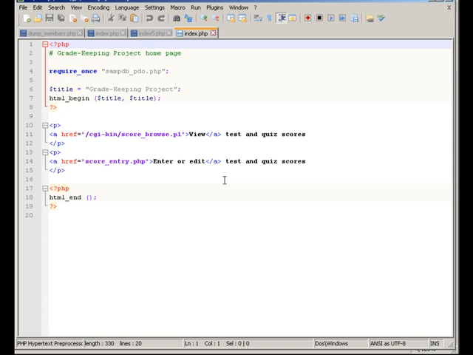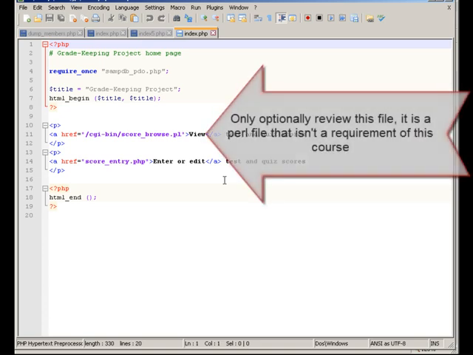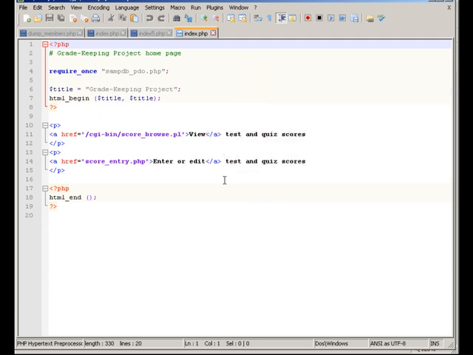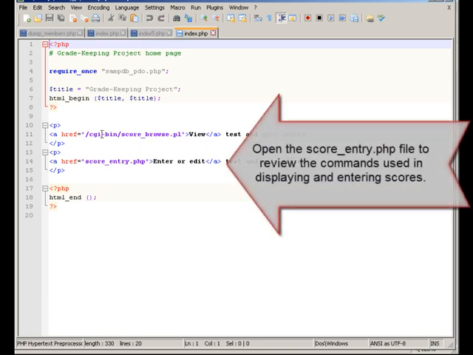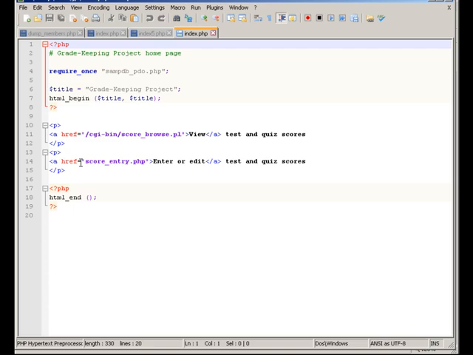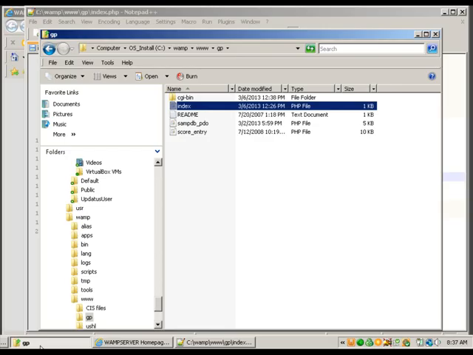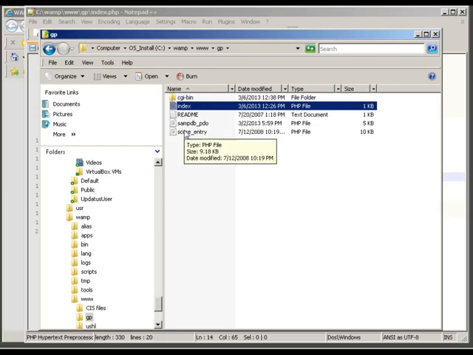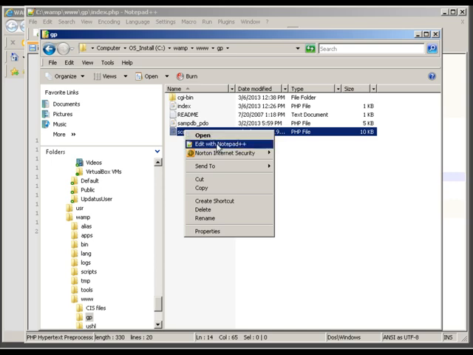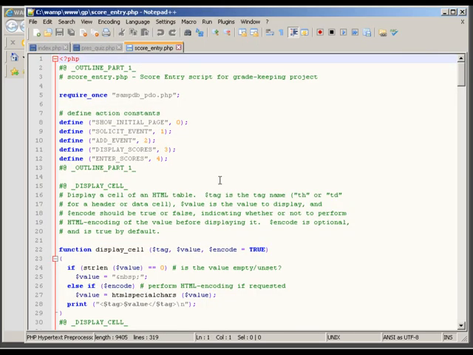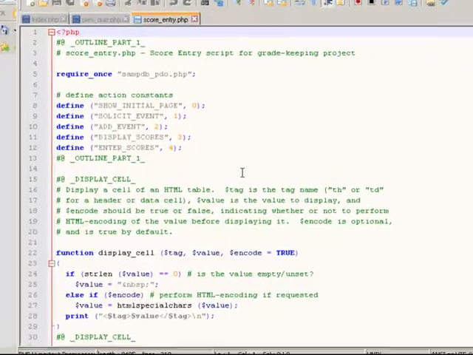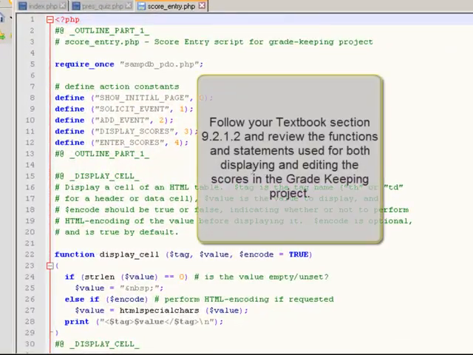The first one I want you to ignore because it is a Perl command and we are not using Perl for this course. However, the second one, score_entry.php, is important, and that's the one we want to take a look at. Score_entry.php will also be located in that GP folder you just copied over. So let's open it up in your editor and then follow your textbook section